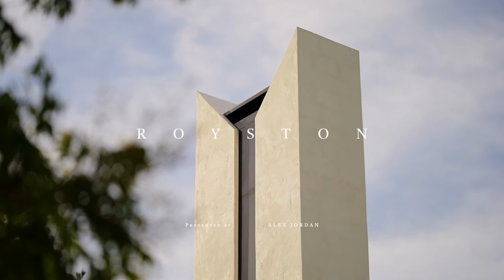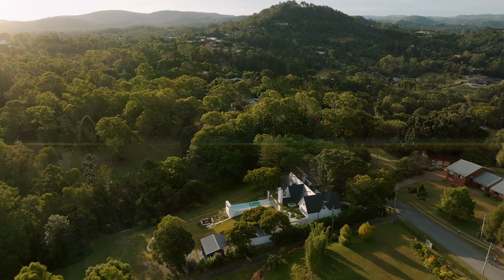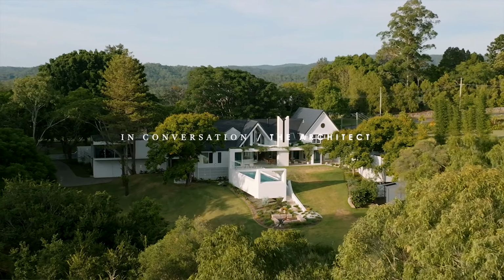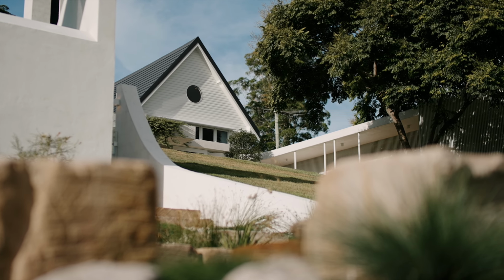This house is Royston. It's a beautiful acreage house in Brookfield, and something really special and pretty unique for us in that what generated this whole design is this original kind of Hampton-style house. It is a house of about 15, 20 years old that the clients really loved, and they love the character of the house. And what we've done is to really take that character, put a contemporary spin on it, really